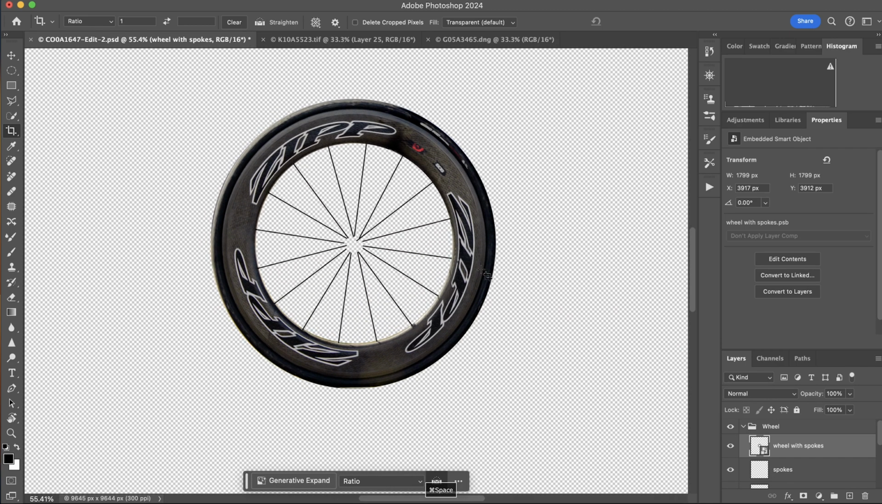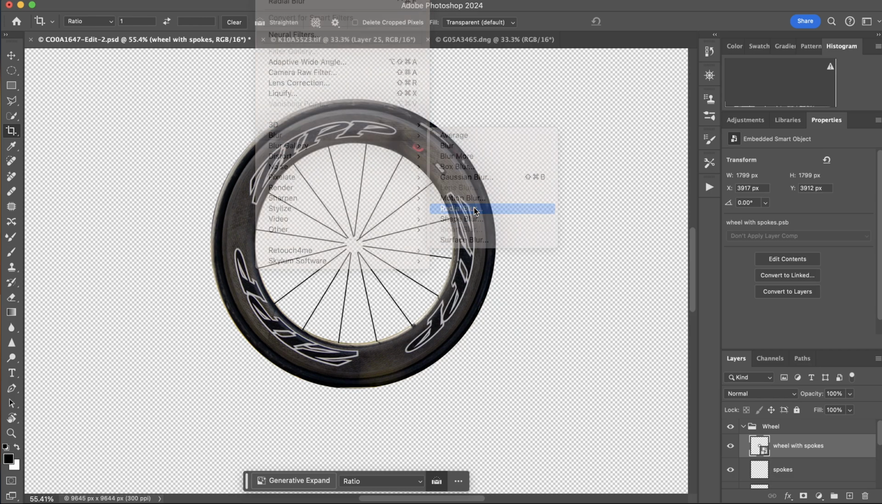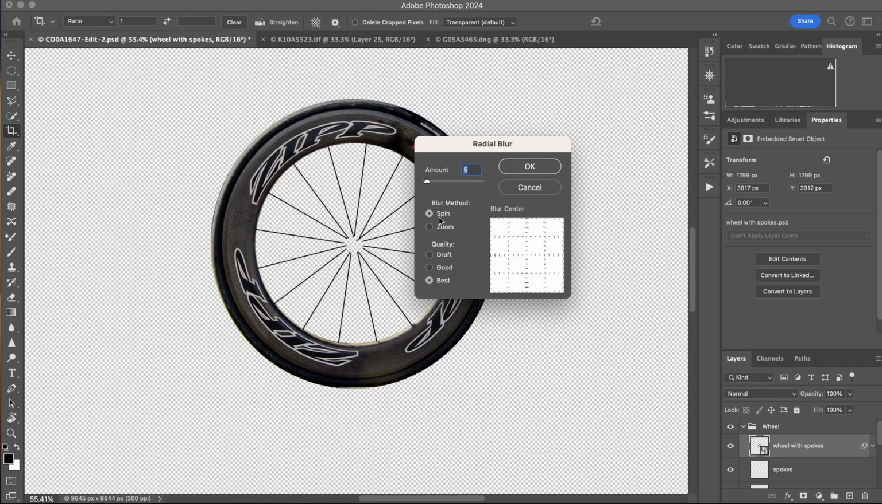Okay. Now we can do filter, blur, radial blur. And we're going to select spin, and we're going to try, let's try 5. 6? Okay, we'll try 6. And I always leave the quality on best. It takes a little longer to process, but